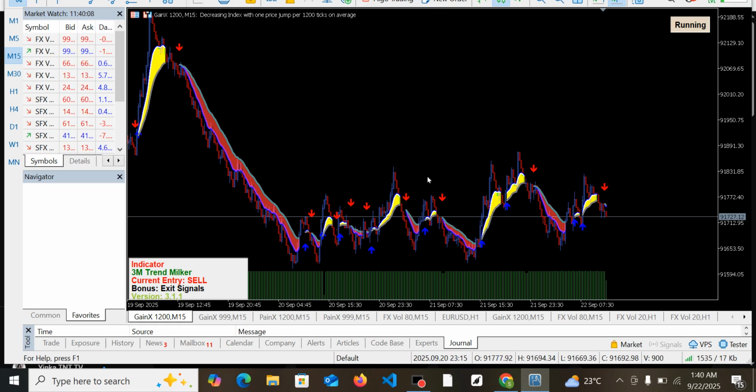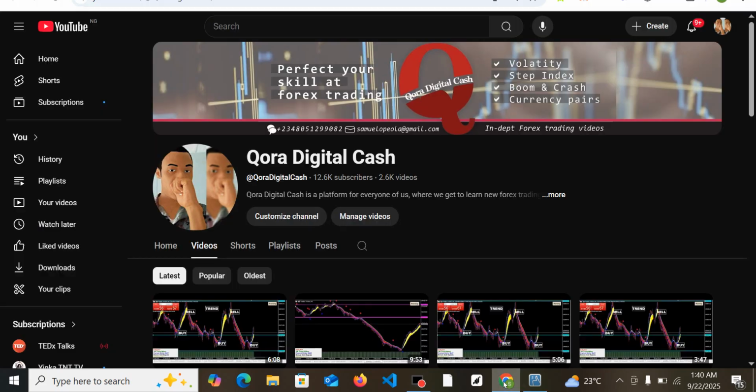We will try to know where this particular asset is going to, and of course what we should expect from this particular asset. Okay, but before we go fully into it,